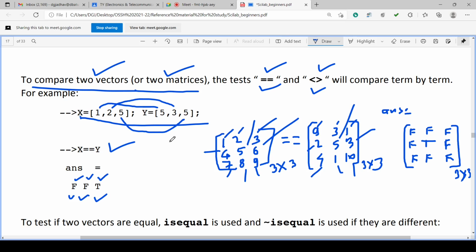Vectors are generally defined as rows, so generally 1 by 3. So for the comparing operation with two equal symbols, we have checked an example of comparing 2 vectors and also an example of comparing 2 matrices.